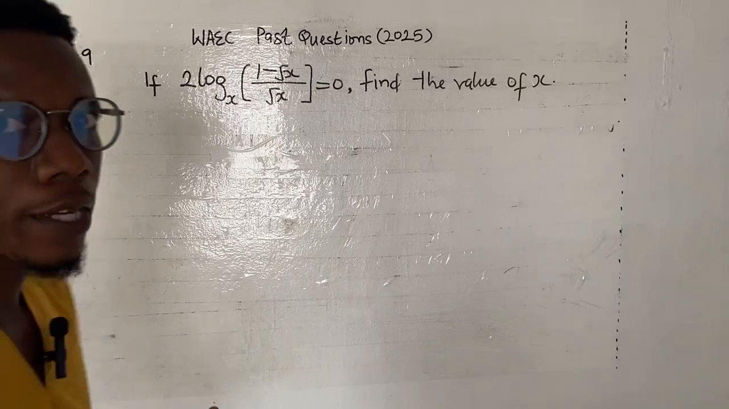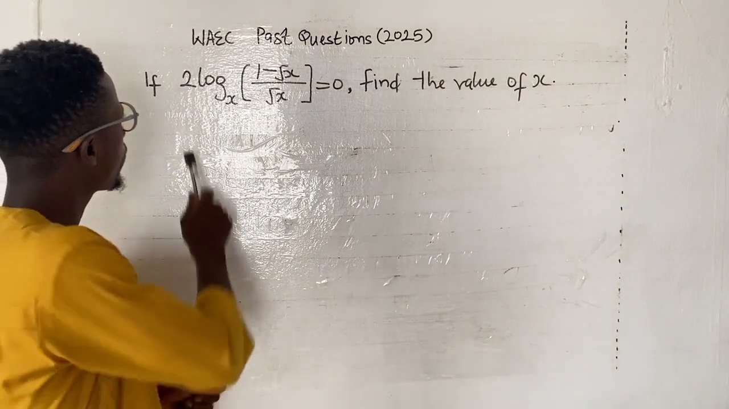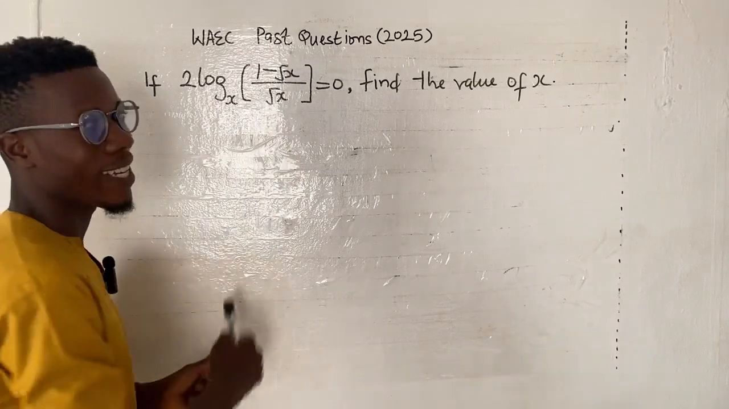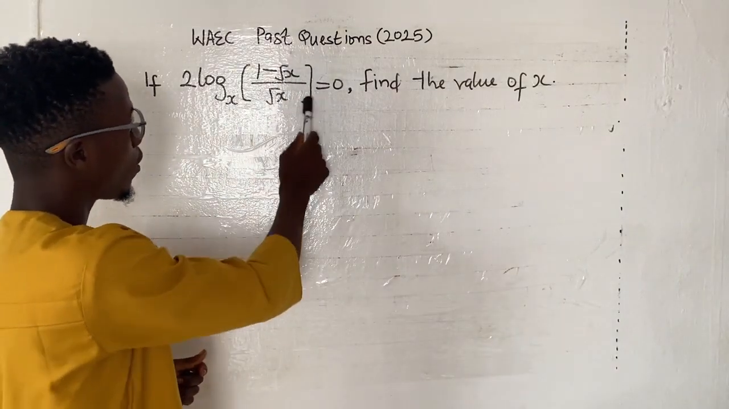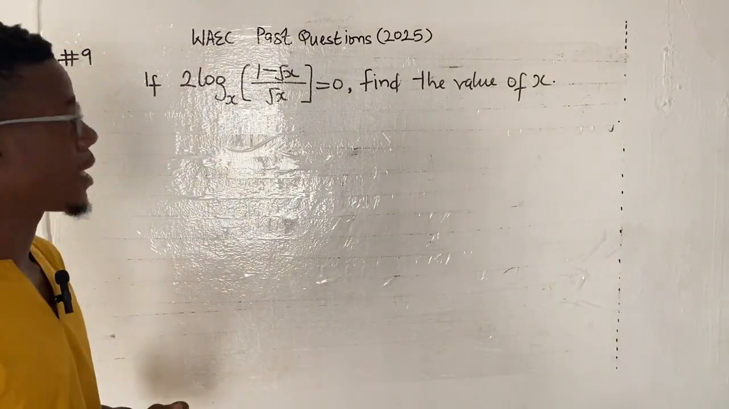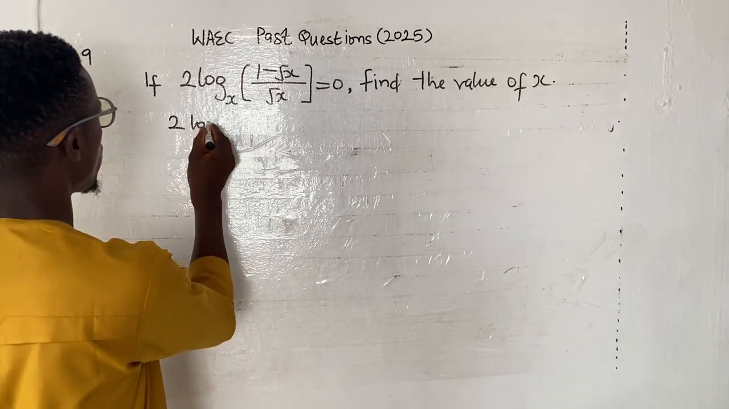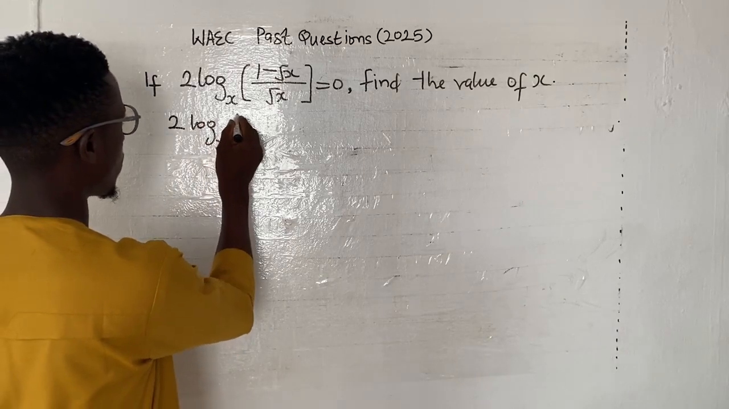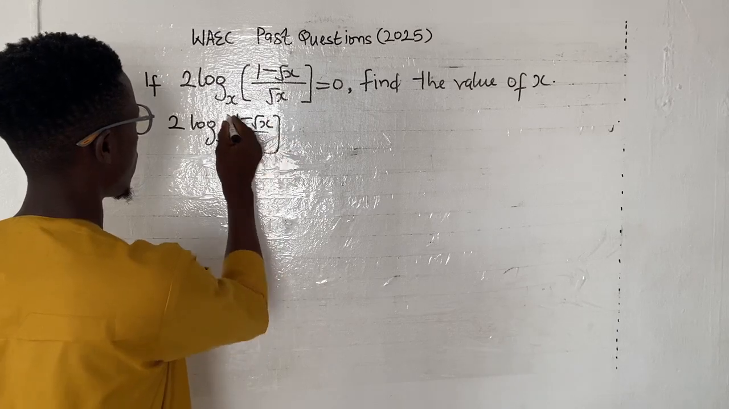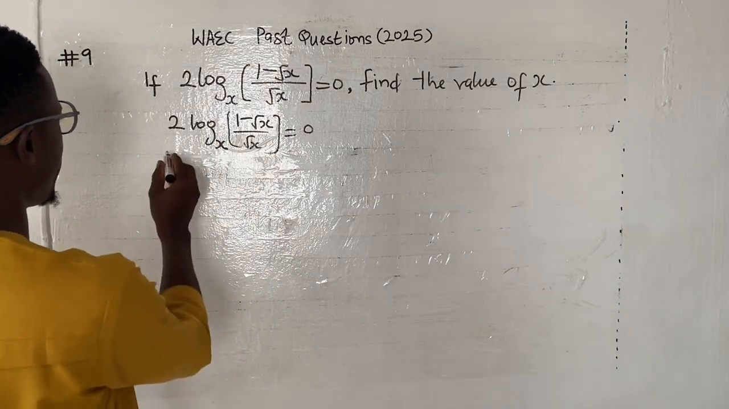Simple or simple? Okay, this is number 9. And the question says if 2 log x into the bracket of 1 minus square root of x divided by square root of x all equals to 0. Let's find x. So to find x here, let me rewrite the question out and say 2 log to the base of x of 1 minus root x divided by root x equals to 0. So if you look at this, you can reduce the complexity of this by dividing through